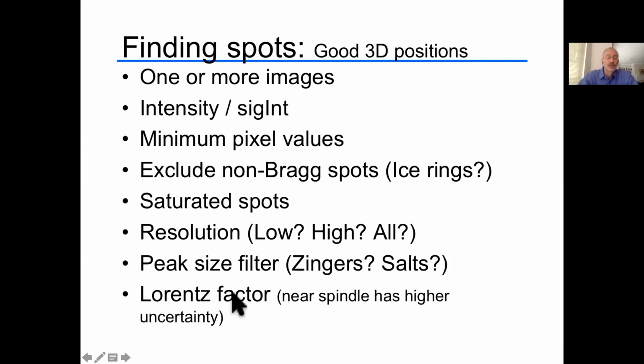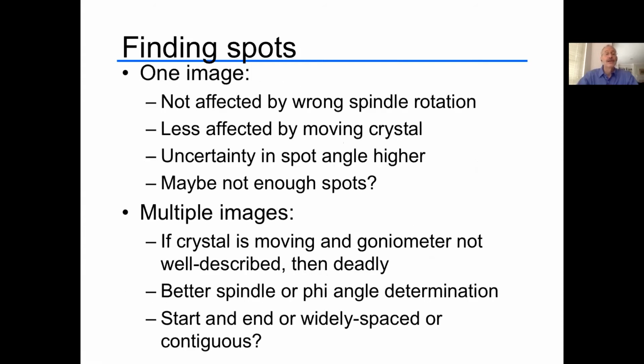And something called the Lorentz factor is spots near the spindle have a higher uncertainty in their rotation angle. So all the programs, to my knowledge, allow you to pick one image or multiple images. One image is not affected by the wrong spindle orientation. So instead of the spindle rotating this way, it's rotating this way. But from beam lines, everybody knows how the spindles rotate, unless an apparatus got moved from one beam line to another and things changed. But one image is less affected by a crystal that is moving at its location, and